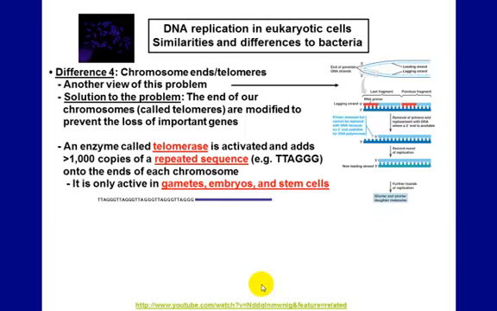Now, there are 2 solutions to this problem. One of them involves this enzyme that is called the telomerase. And actually, this enzyme is only active in the gametes, in the embryos, and in stem cells. So if you think about it, the telomerase extends the ends of the chromosomes in these 3 cell types. They will never shorten. Every time that the cell is going to divide, especially think about it during embryonic development, you have a